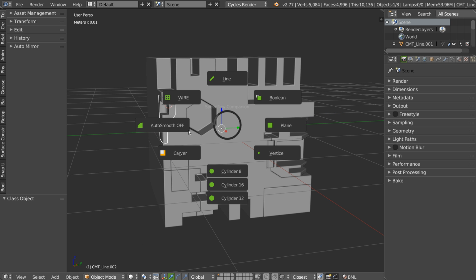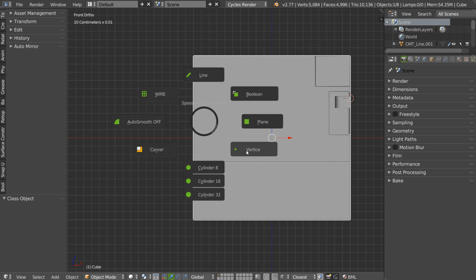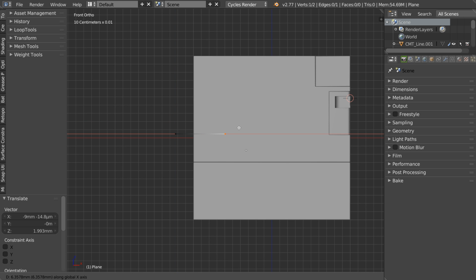So this one is the SpeedFlow companion. So it's not SpeedFlow, it's another add-on. I made it to work on my daily jobs, and it's for curve, polygon, subdiv, no subdiv, etc. It's a work in progress. I have some bugs, but this is really nice. And I also have my line tool here.